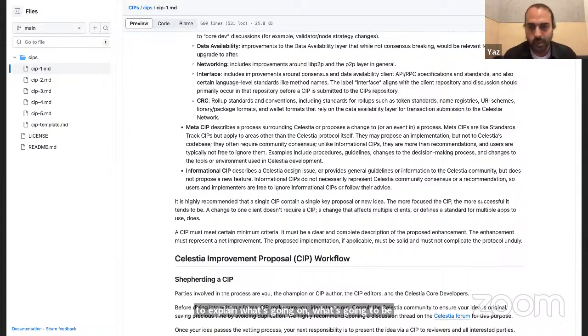And then you have informational CIPs. Informational CIPs are suggestions and recommendations, but nobody is required to follow them unless you want to. They're there to help provide work streams or overviews, and you'll see an example in a bit.